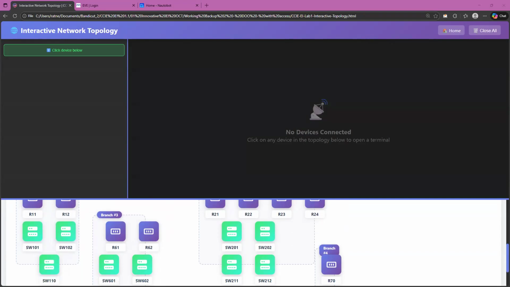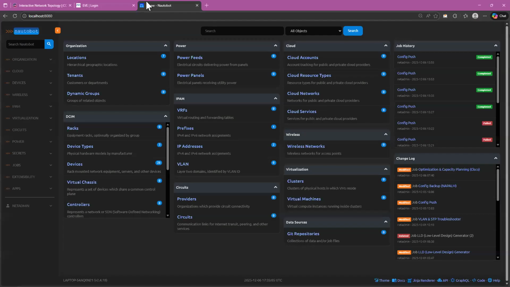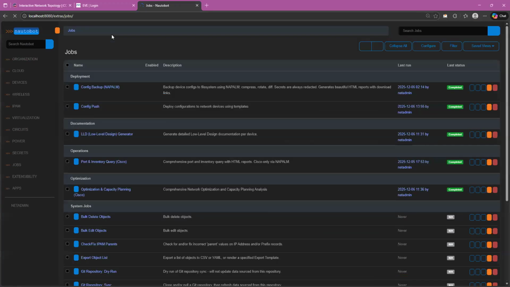Those are in our lab. Those devices I will simply turn on so I can run some scripts. Behind the scenes, you know this topology, right? Because you worked on ELFs and all those things. So I can come here to my Autobot, and there is a jobs section. I can click on the jobs section.